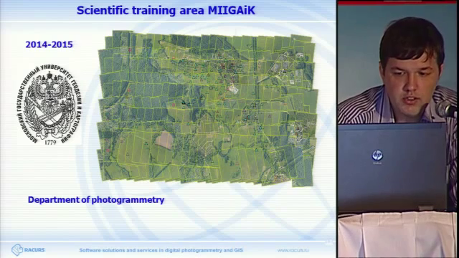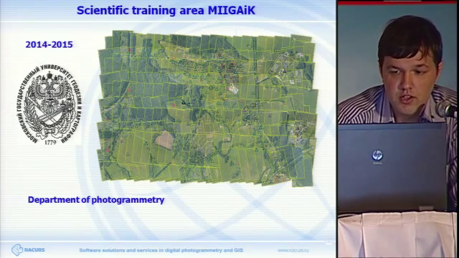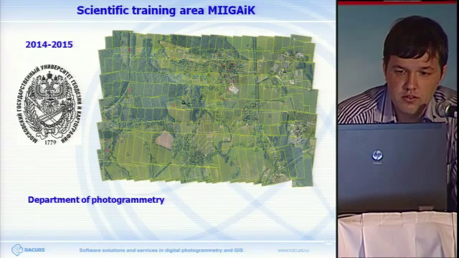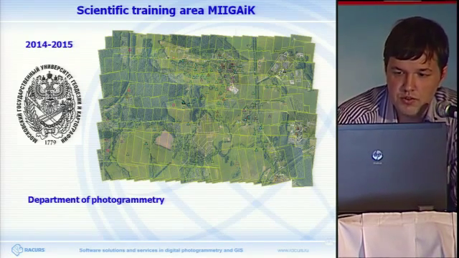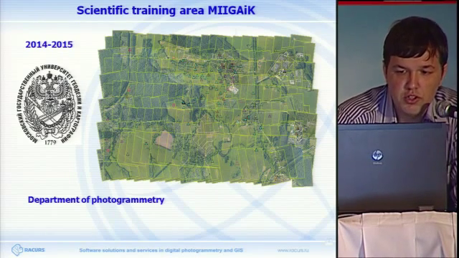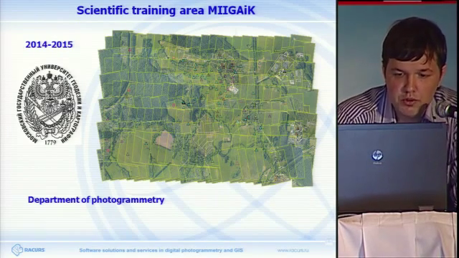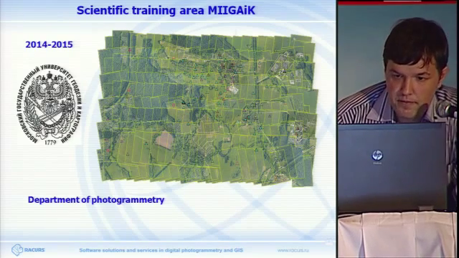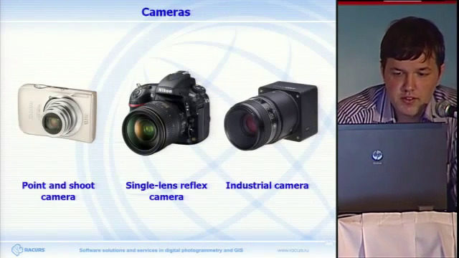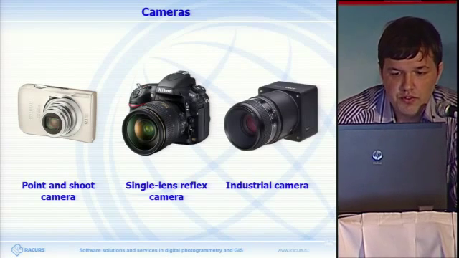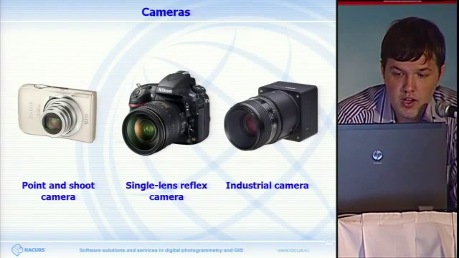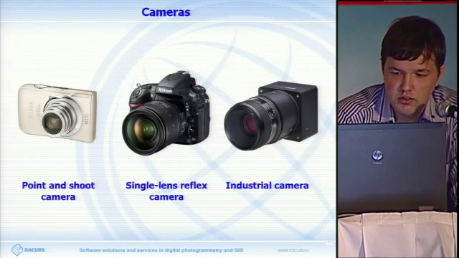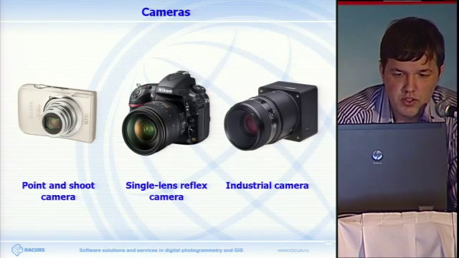And in the past few years, some projects on aerial photography were done on the geo-testing ground of the Moscow State University of Survey and Cartography. It is a densely marked area with control points, and we did calibration for different types of UAVs and different classes of cameras. Different types of cameras which in principle can be used on UAVs. There are only three types that I've selected.